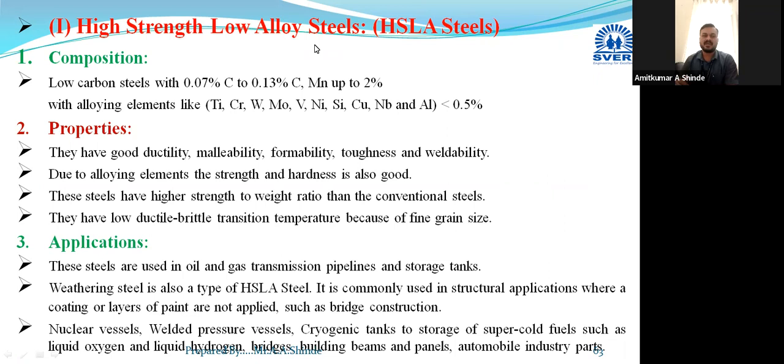In the previous few sessions, I will just take a review. We have started this chapter, and in it we have studied the iron-carbide equilibrium diagram, along with its transformation reactions and the significance of critical temperature lines. Then we discussed the classification of plain carbon steel as low carbon steel, medium carbon steel, and high carbon steels with their composition, properties and applications. And then we completed the effect of alloying elements when they are added into the steel.